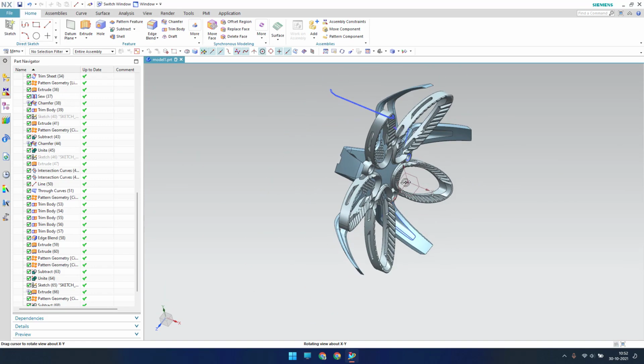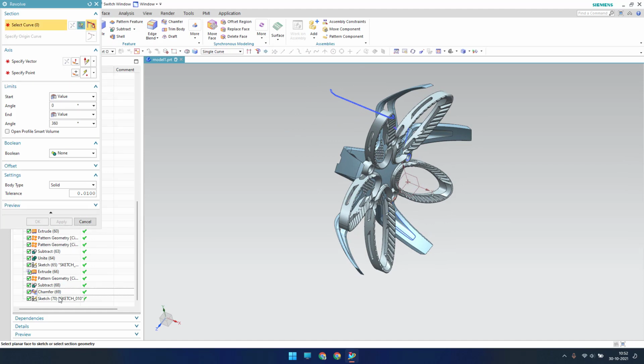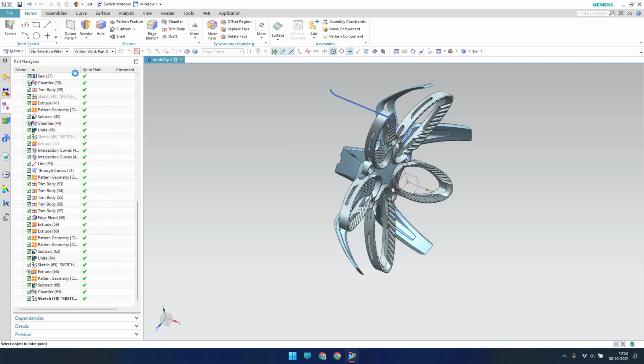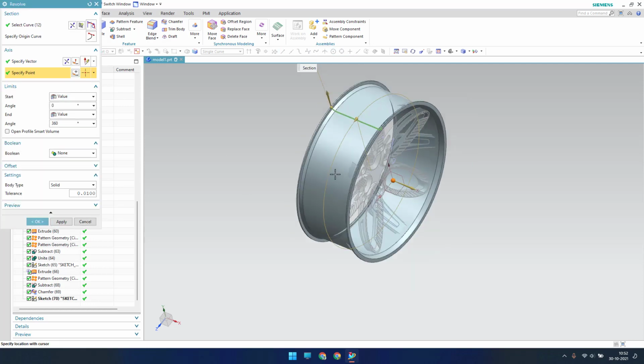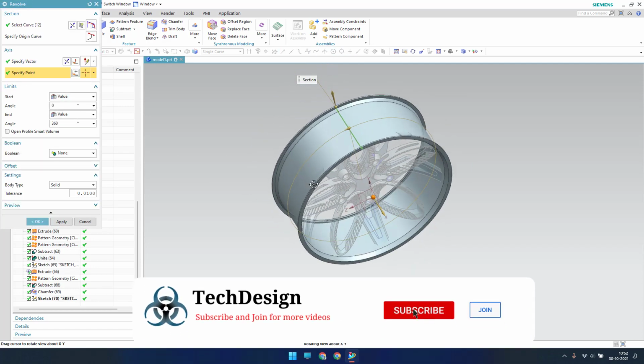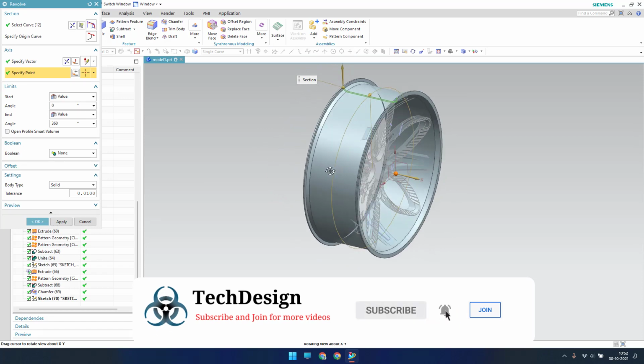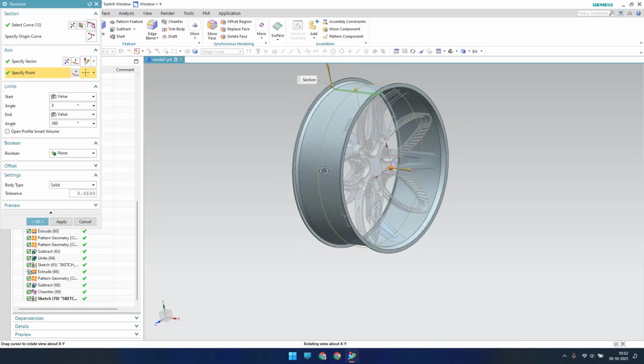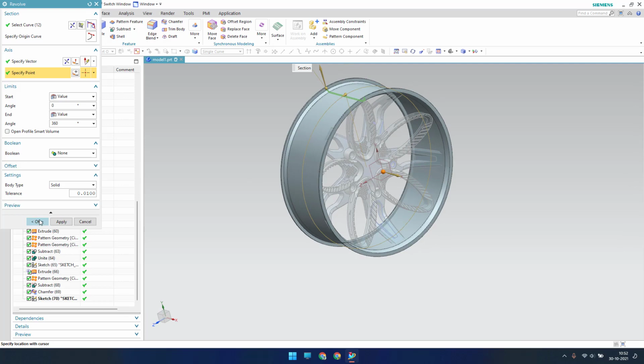Now what I will do is I'll just rotate this, revolve this feature. So I'm going to have this sketch, and my vector will be along this direction, and it should be at 0 0 0. So now as you can see here, we got this. Now let me click OK.